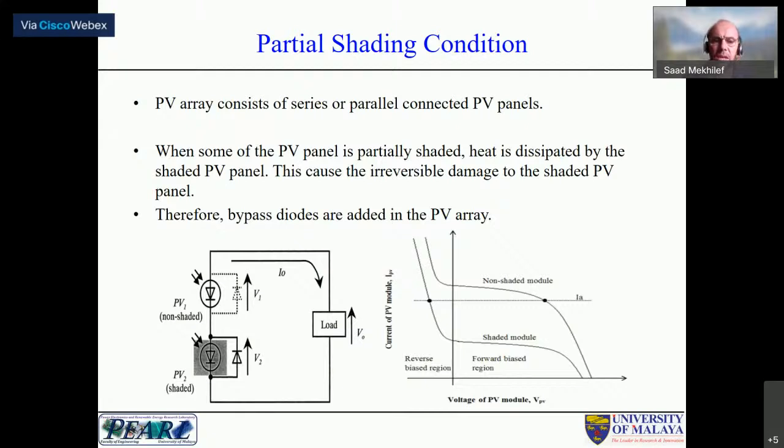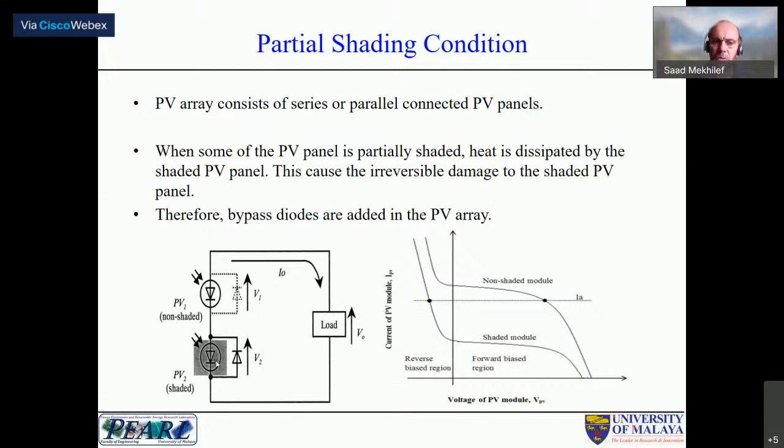Partial shading is when a part of the PV panel is being shaded and the other part is not being shaded. As you know, the solar cells in each panel are connected in series to increase the voltage. Once part of this PV panel is shaded, it will cause this condition, like you see in this figure here. Part of the panel is being shaded. So what does this mean? It means the current